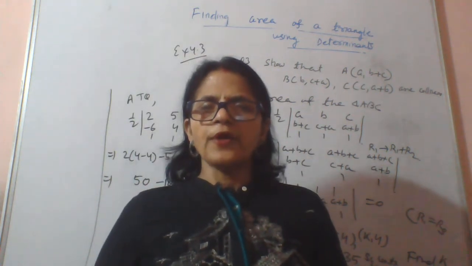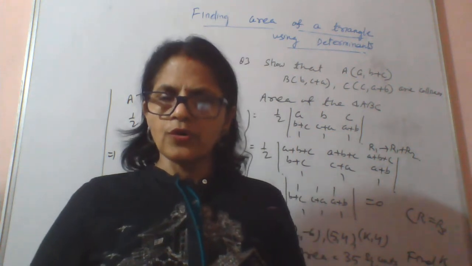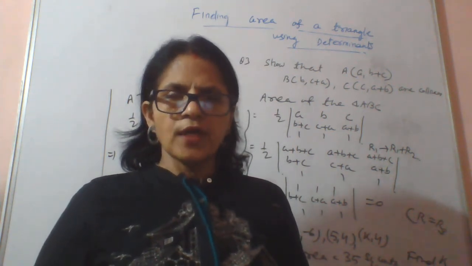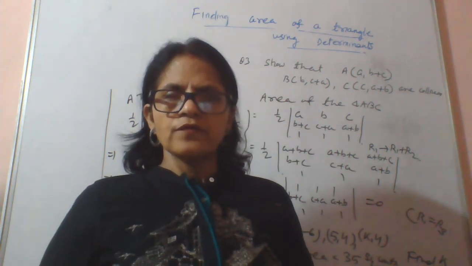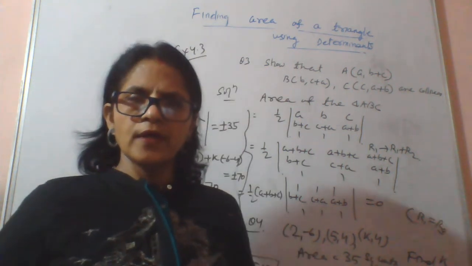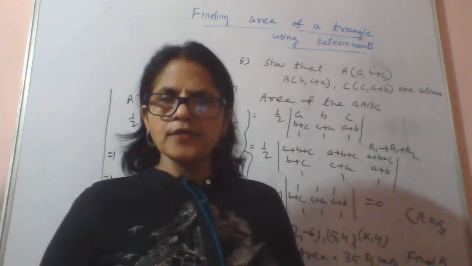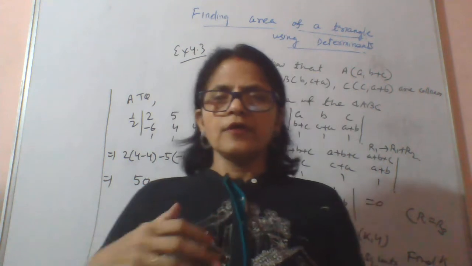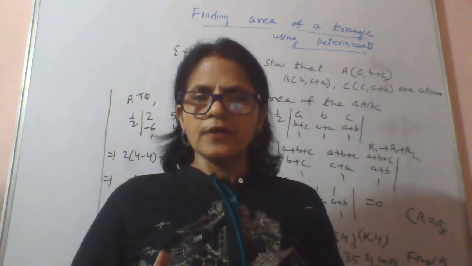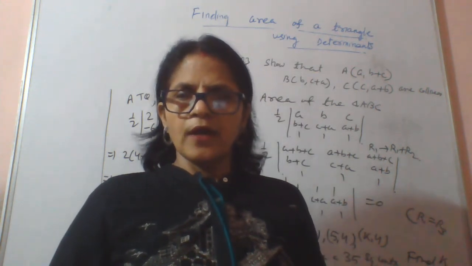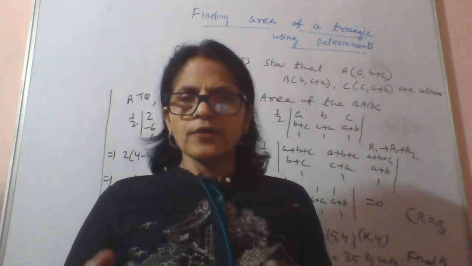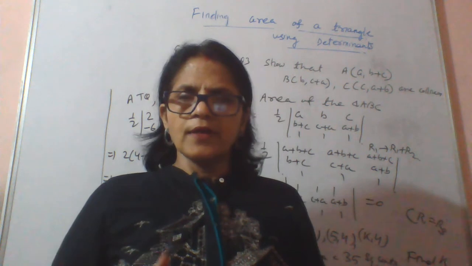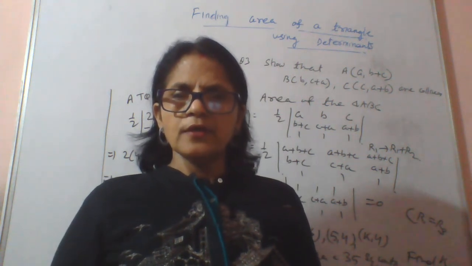And if 3 points are given, you have to verify these 3 points are collinear, because 3 points are collinear when the area formed by these 3 points equals 0. And lastly, whenever you are given points, one of them may contain an arbitrary constant, and you are given the area,